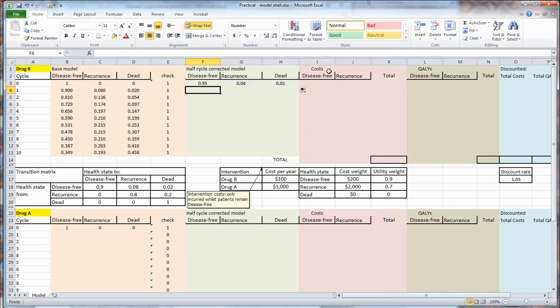A slightly easier way is to take the average of the proportions in the state at the beginning and the end, and that will give us the same result. So we can just take the proportion who are in at the start of the cycle plus the proportion who are in at the end of the cycle and divide by 2. And we get the same result, and we copy that across, and again we get the same results. So now we can copy that down